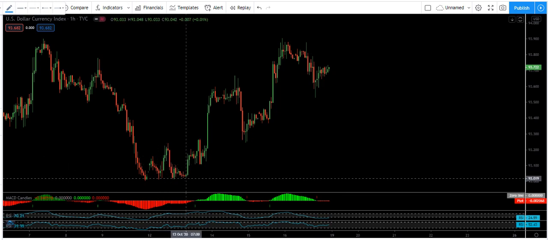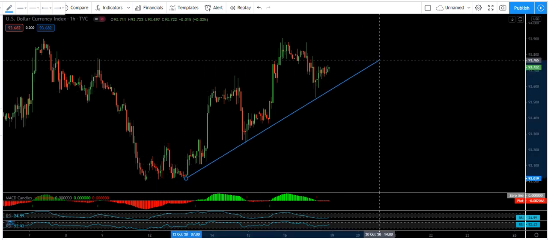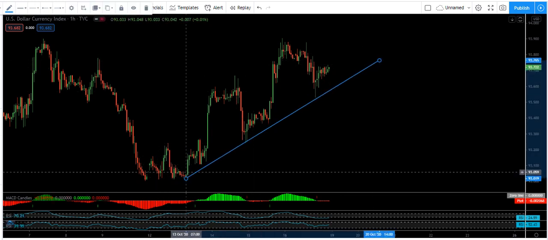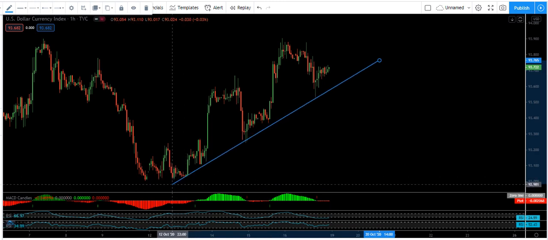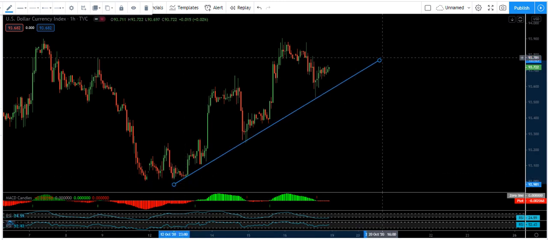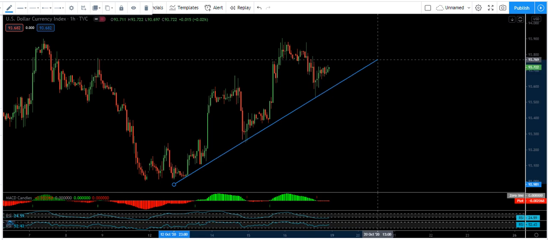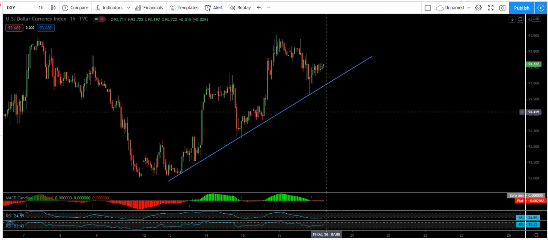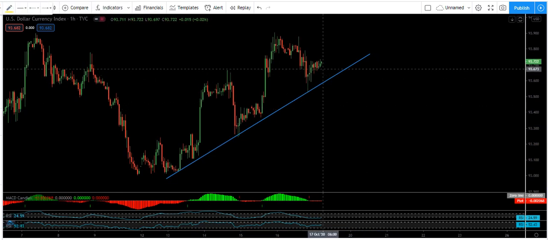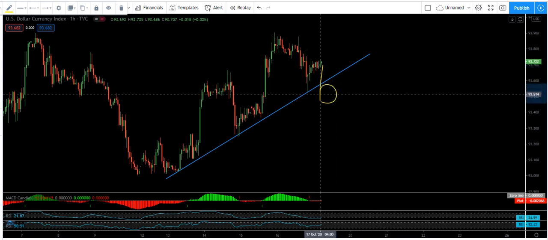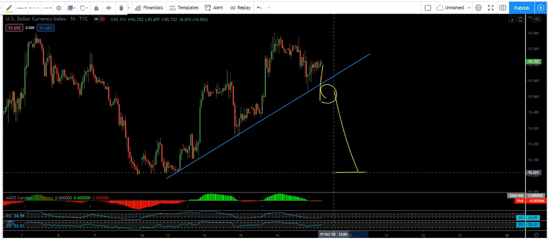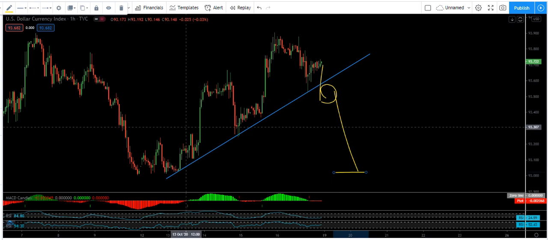If I want to go for sell, I draw the line here. It depends on the traders whether they want to put it here or here. It depends. Okay, if we want to look for sell, we wait for the price to break this, give a correction, then we look for sell. All right, but